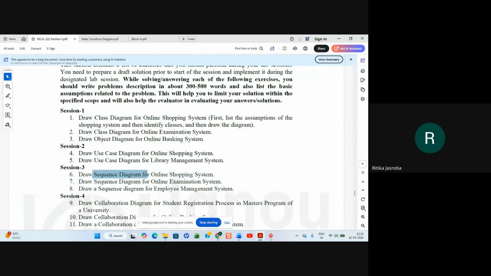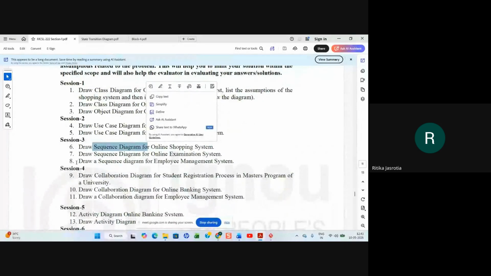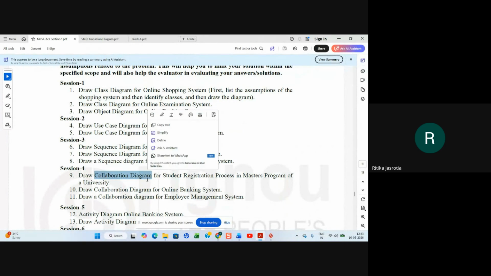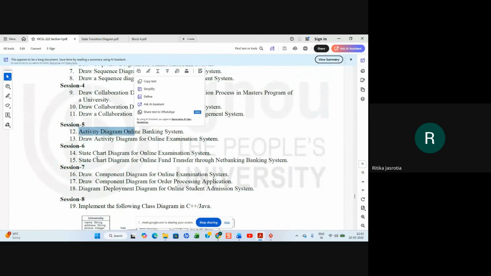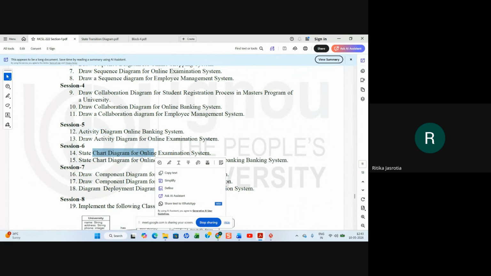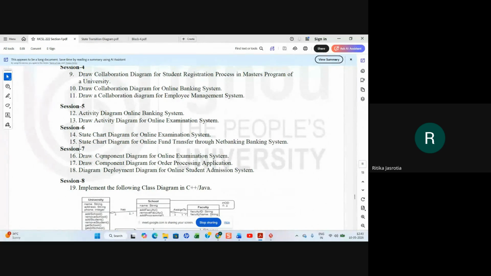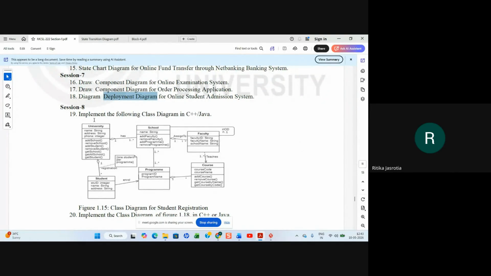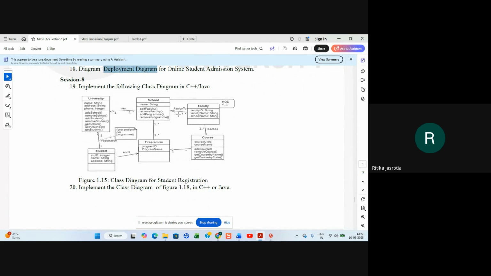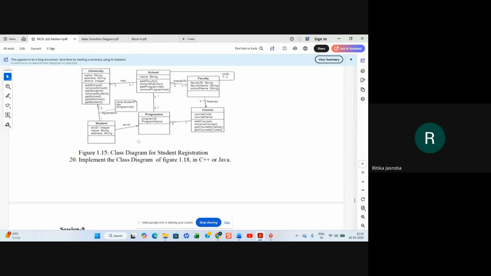Session 3, draw any one sequence diagram. Session 4, draw any one collaboration diagram. Session 5, draw any one activity diagram. Session 6, draw any one online examination or state chart diagram. Session 7, draw one component diagram, one deployment diagram. And session 8 is the code. You make a code, any one.